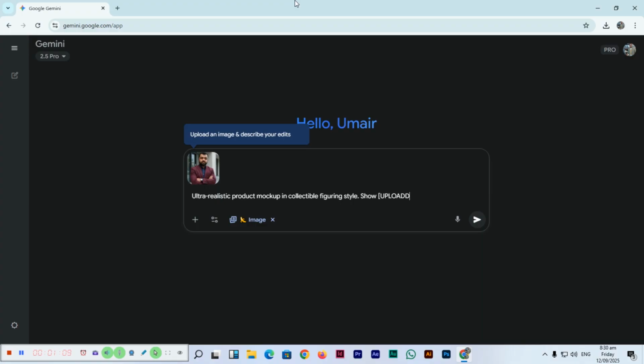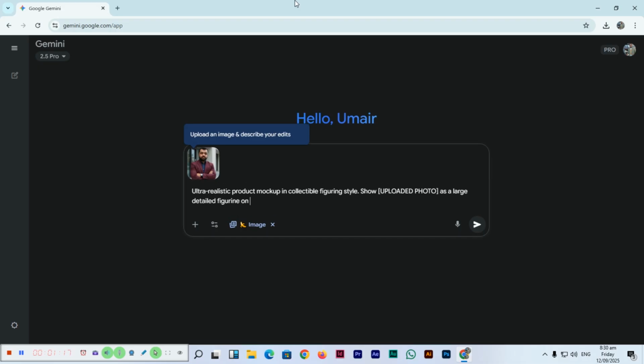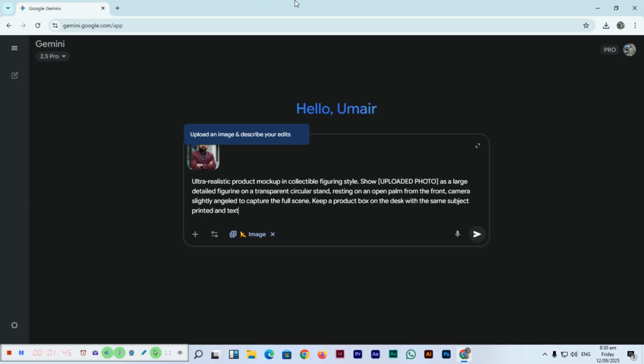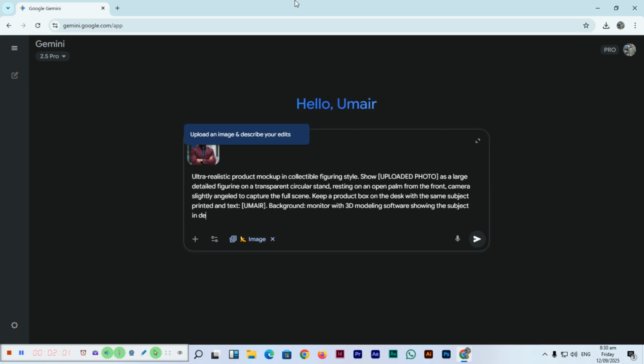Show uploaded photo as a large detailed figurine on a transparent circular stand resting on an open palm from the front, and camera slightly angled to capture the full scene, and keep a product box on the desk with the same subject printed, and text should be like Omer, and background should be a monitor with 3D modeling software, and showing the subject in design or wireframe, light gray wall, and cinematic